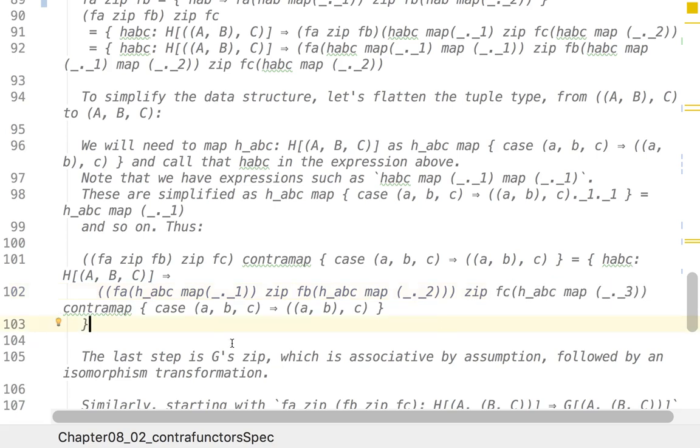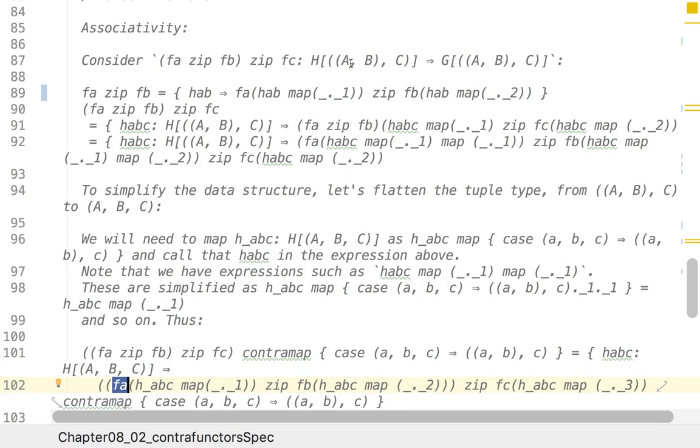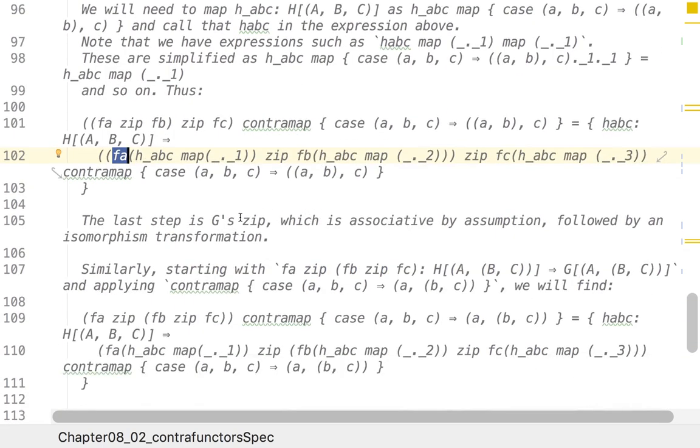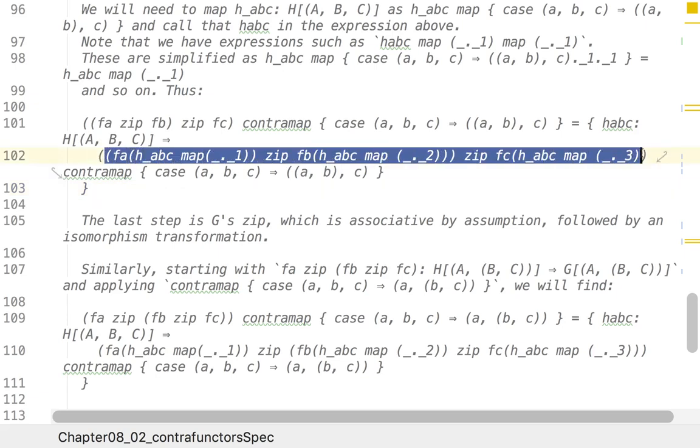Now the last step is actually zip in the G contrafunctor, because this is a zip between values of f of something, and f is a function from h to g. So this zip is associative, and I'm just applying some kind of an isomorphism, which is equivalence. And, don't care about that. I can always apply it whenever necessary. And so the main result is that I have here this expression that is manifestly associative by assumption,